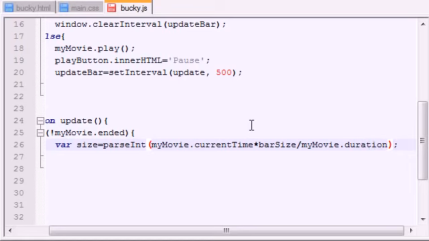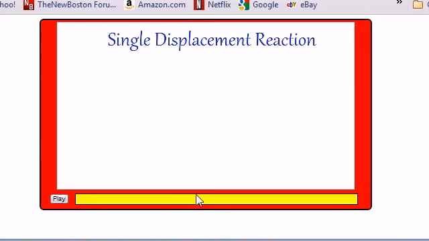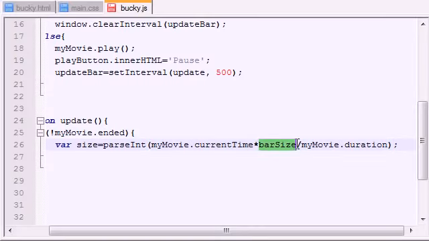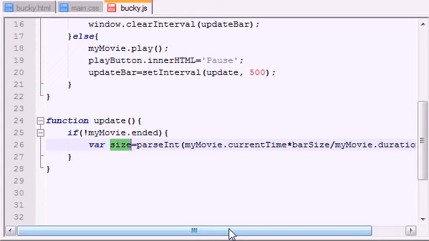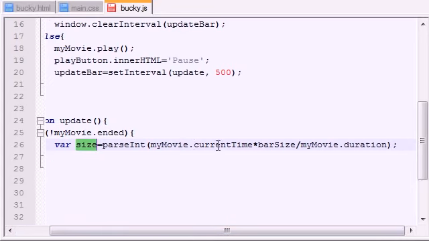Now, a couple things I want to point out. First of all, take the current time, or, if this video was like 4 minutes long, the current time would be like 2 minutes, and you're going to multiply it by 600 in this case, and divide it by the total duration of your movie, which would be like 4 minutes or something. And that's going to give you the size in pixels of however long your bar needs to be. Now, don't worry about the formula. I don't really want to explain that, but what I do want to point out is this current time property